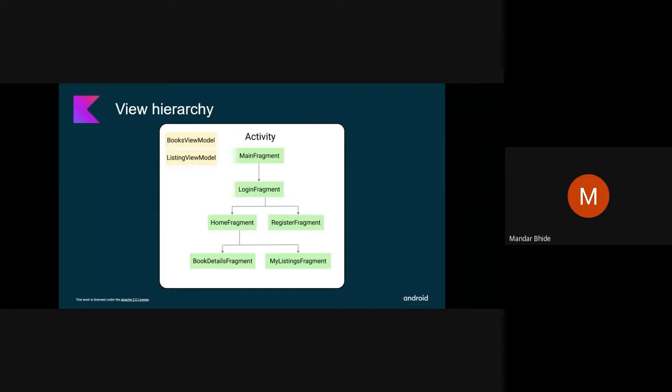Model is basically any class that holds data. Like suppose we are holding data of books in this case. Then the class book is a model for the data. Then there are views, that is this UI, which is laid down on the screen. And then there is view model, which connects the model and the views, that is UI and the backend logic.